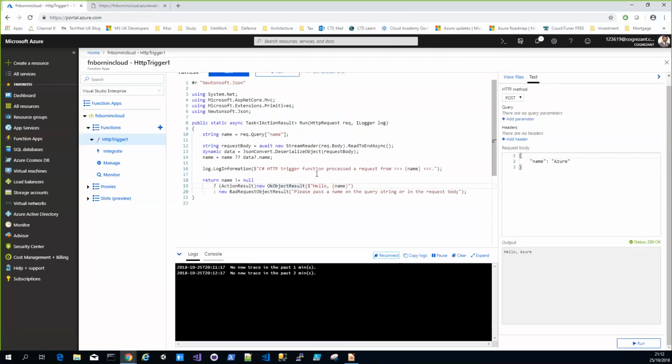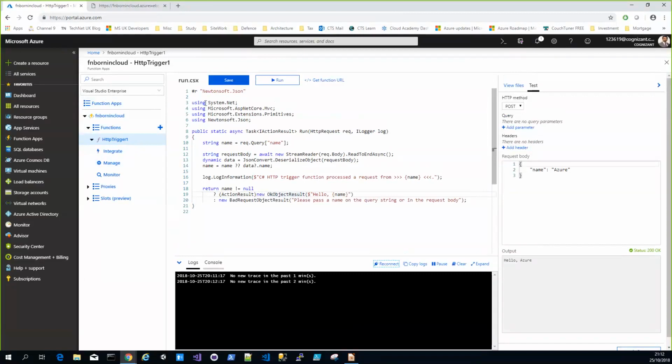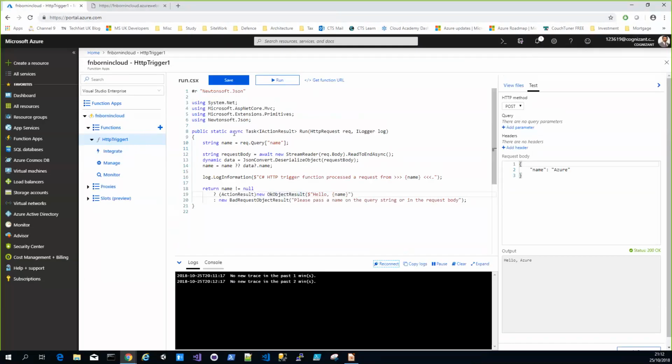Now, effectively, what's happening behind the screen is I created a function, and most of it's a get function. So that's why when you browse the URL, what's happening in the code is it's some C# code. It came out of the box. What I've changed here though is I've told it to write out the name in the logs, which is what I was talking about, where it's supposed to show the logs.